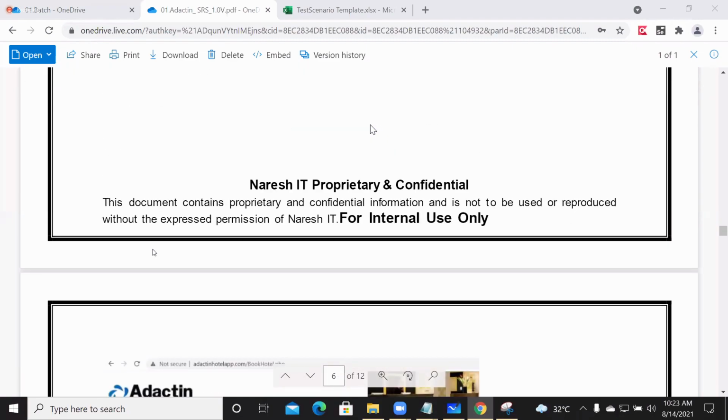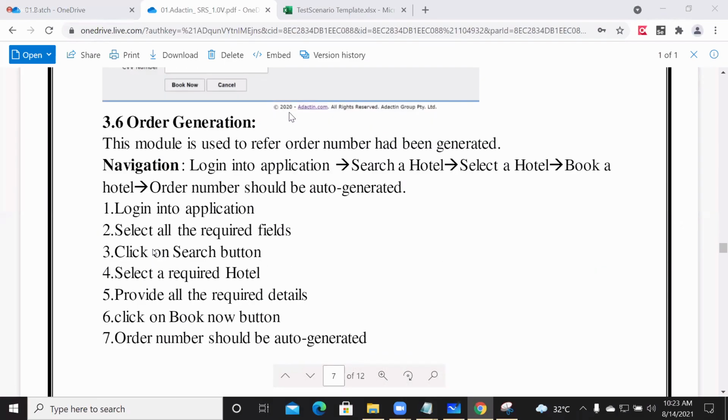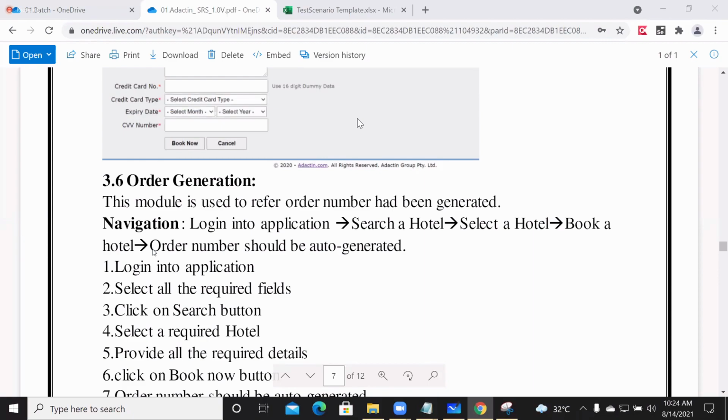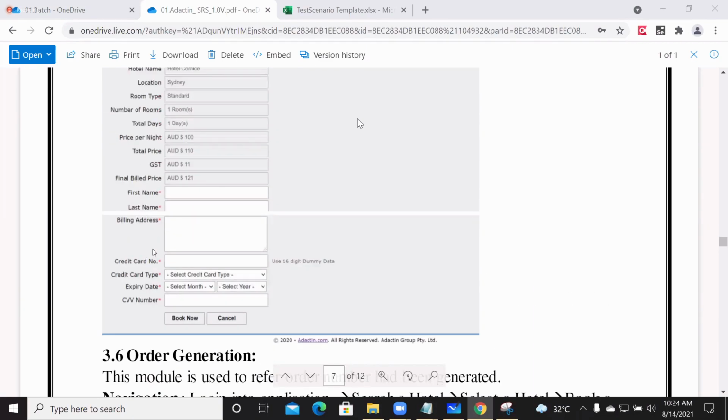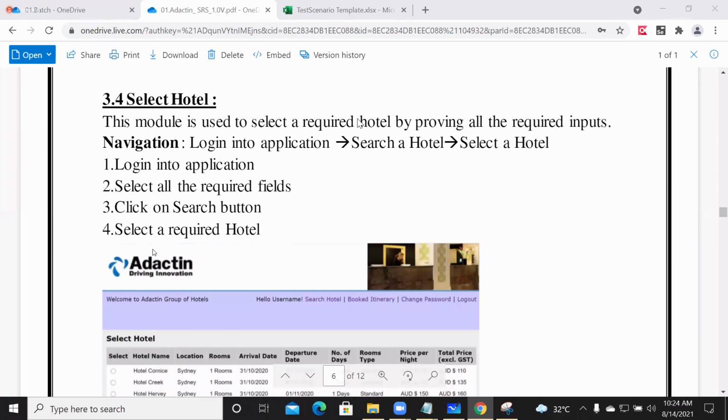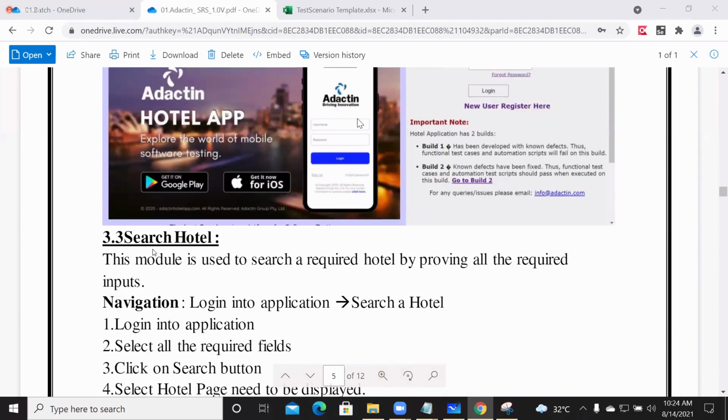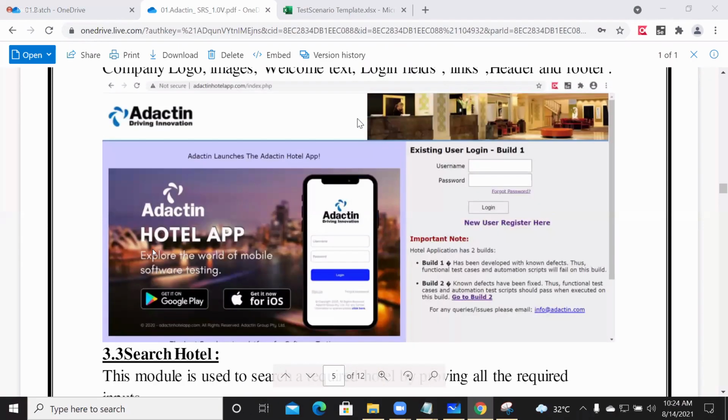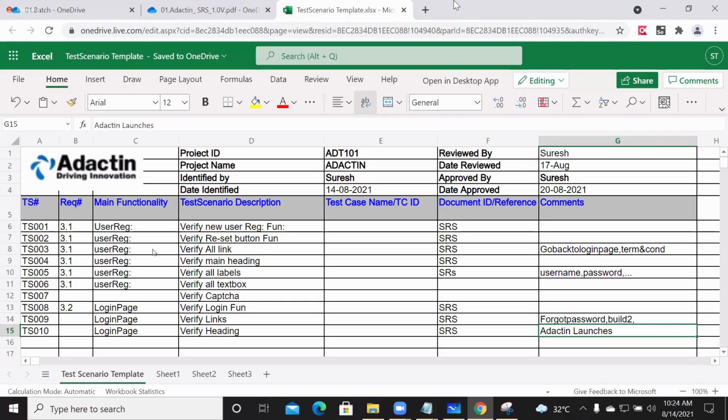Down below you can see copyright 2020 adactin.com, all rights reserved. This is the footer. Verify header, verify footer. So each and every functionality needs to be tested. What are all those functionalities that need to be tested?